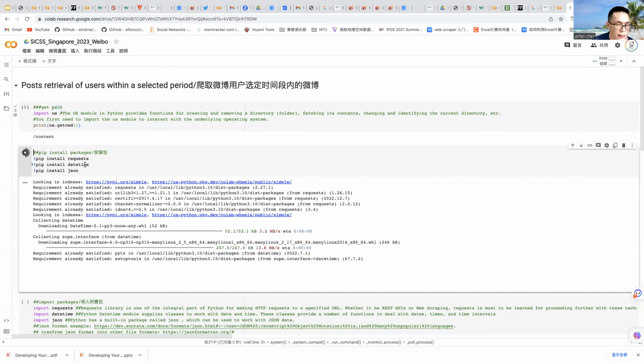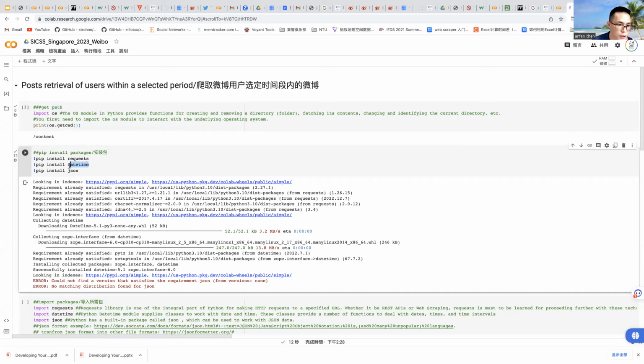The date package is used to define the format of the time, such as the day, the hour, the minute and second. It is such a kind of package in Python. And JSON is for processing the JSON data format.